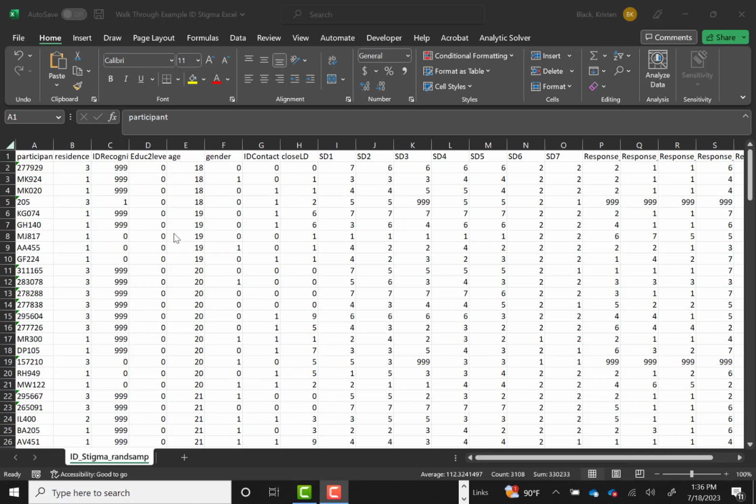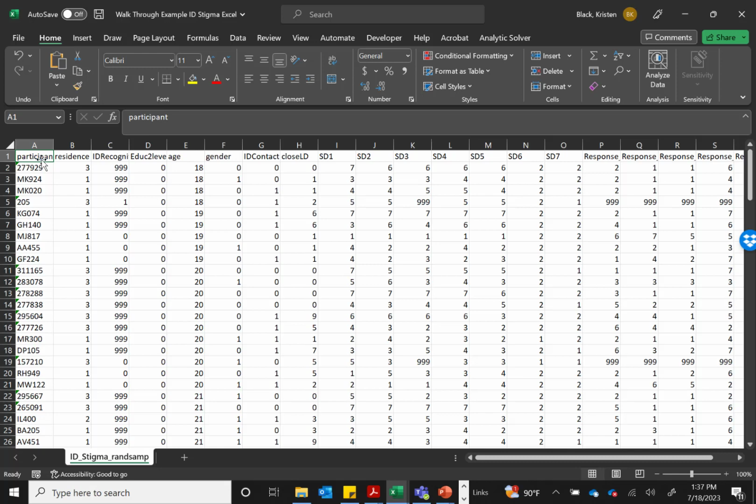Here's what our Excel file looks like. This data from our example research study can be found in the Chapter 2 materials with our textbook. First, we want to get a feel for the layout of Excel. You'll notice that every column has a letter associated with it, columns A, B, and C, and every row has a number associated with it, rows numbered 1, 2, 3. You can talk about an individual cell with the combination of its row and its column. For instance, if I click on this cell, it's designated up here as cell A1 because it's in column A